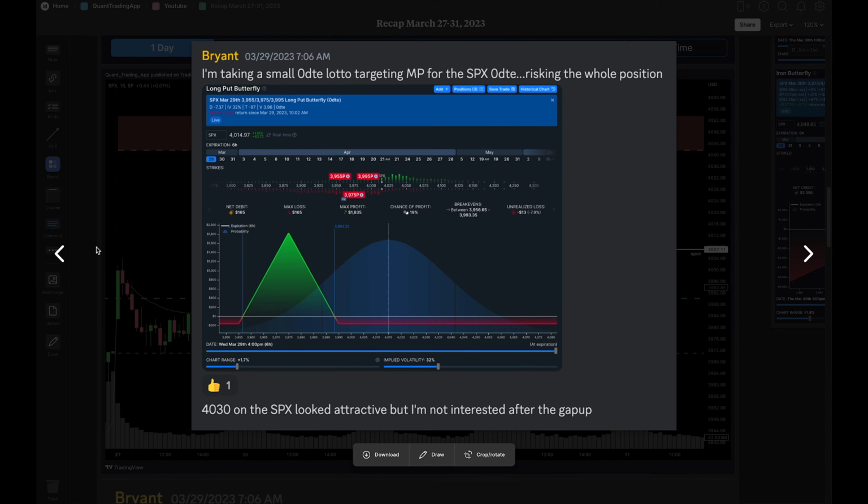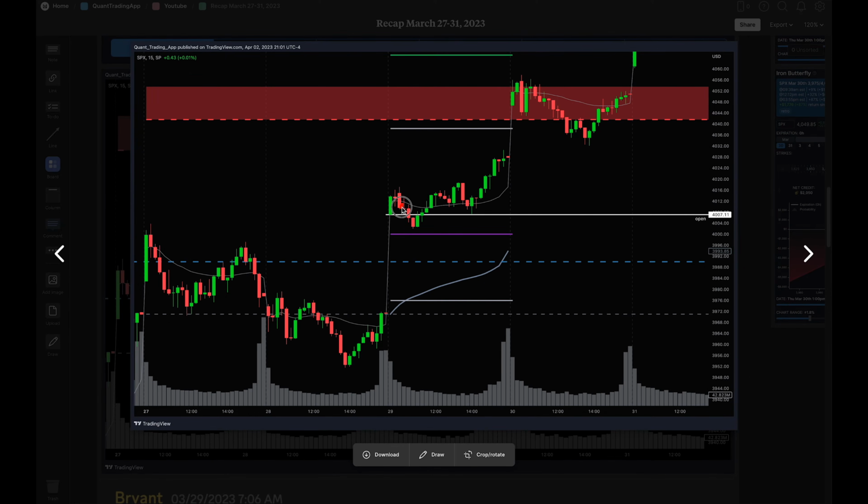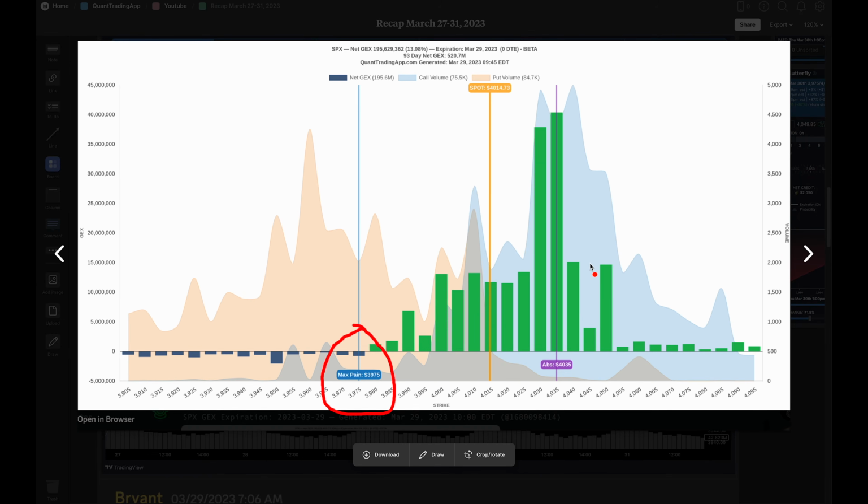So if we come back, and I said I'm targeting 39.75, that's down here, max pain. Why am I targeting all the way down here? We can see this is the 2-day anchor VWAP, we have a large gap. I'm thinking we're probably going to head down here as a lotto because no one would expect that to happen. We'd have to get past all of these key gamma levels here. But in this case, I was aware of 40